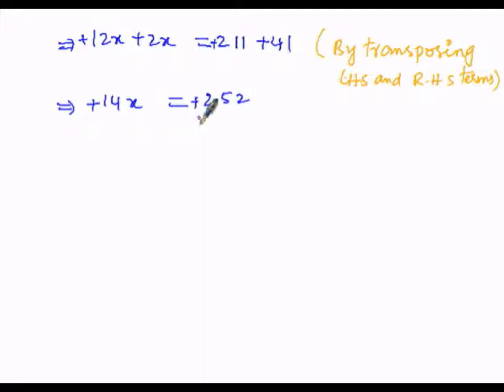So now I have to make x the subject in order to find out the variable x. But x is multiplied with 14, that is positive. So to eliminate it, I have to divide either side by 14. So now 14x entirely divided by 14, similarly 252 entirely divided by 14. Here I have utilized one more step, that is dividing. In order to cancel 14 and 14, I have divided both sides by 14.